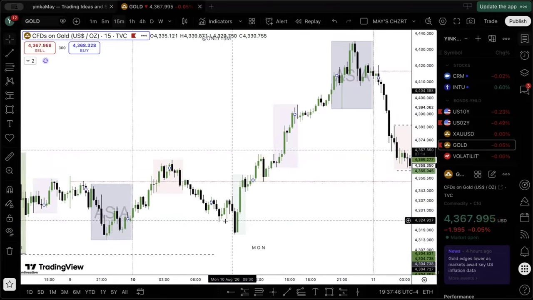It has taken out sell side liquidity. And what is he doing? He's waiting for a breaking market structure. Price rallies here, 8:30. Okay, let's say it comes in about 9. What is 9 o'clock? 9 o'clock is here. Price tries to rally, but does it break market structure? But now it breaks market structure. I want you guys to watch this.